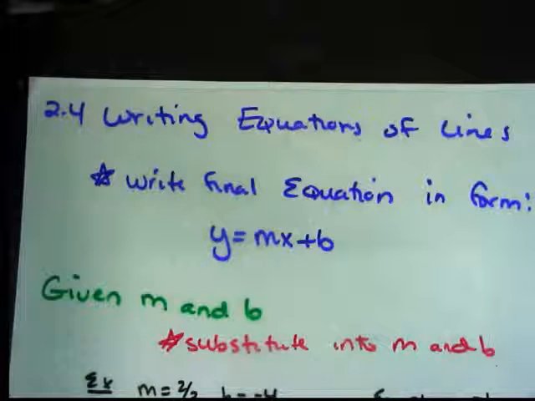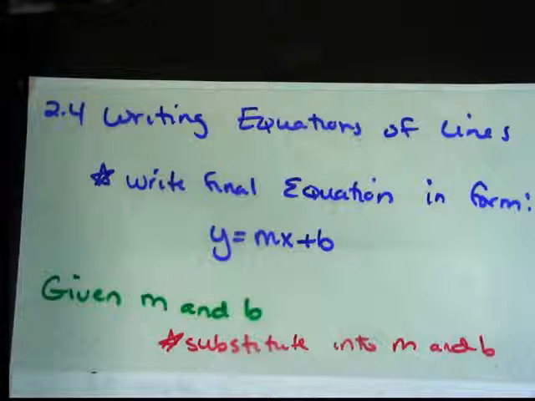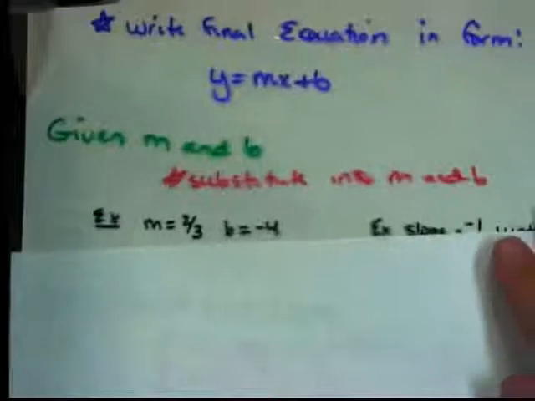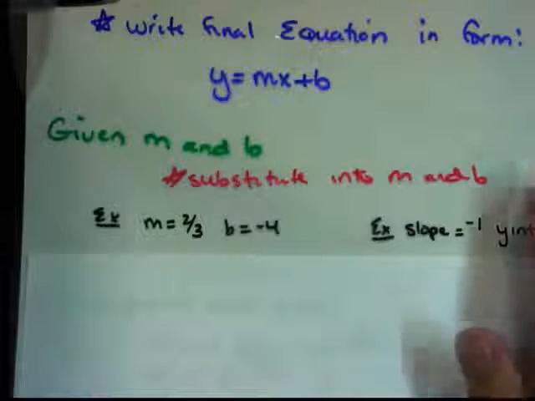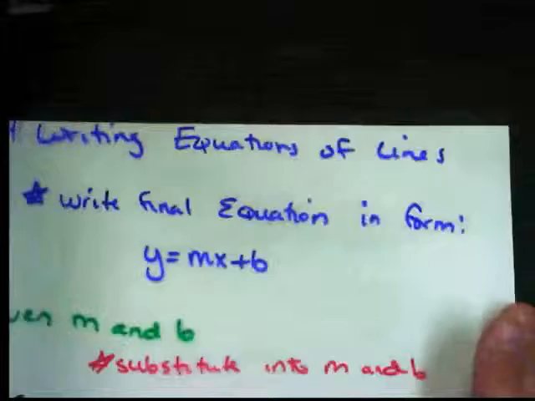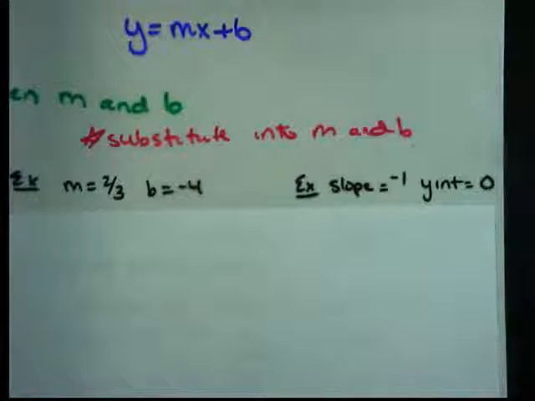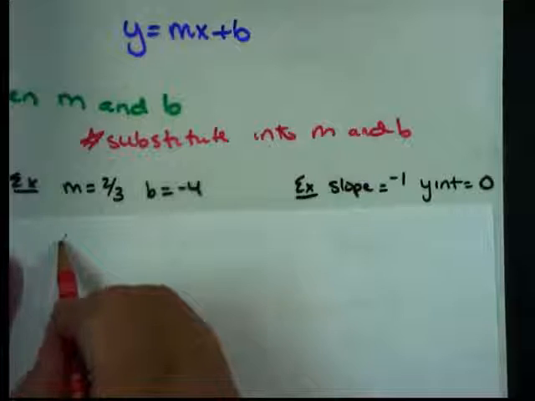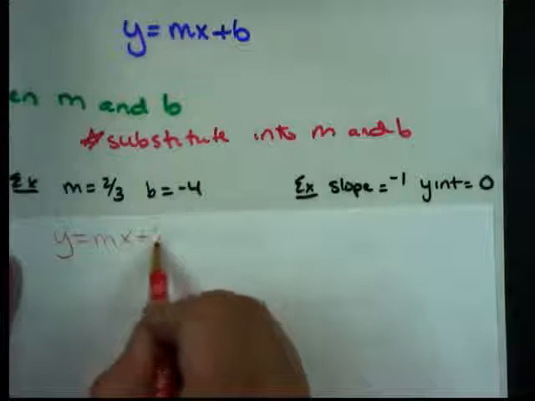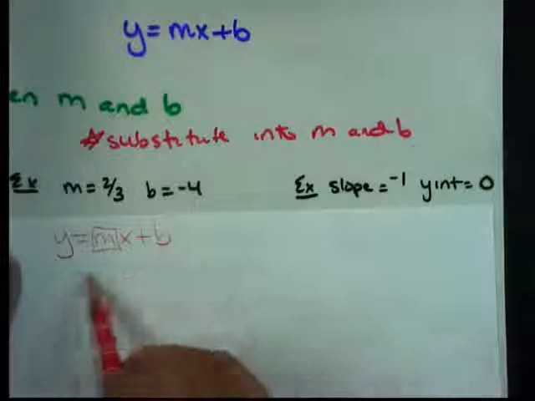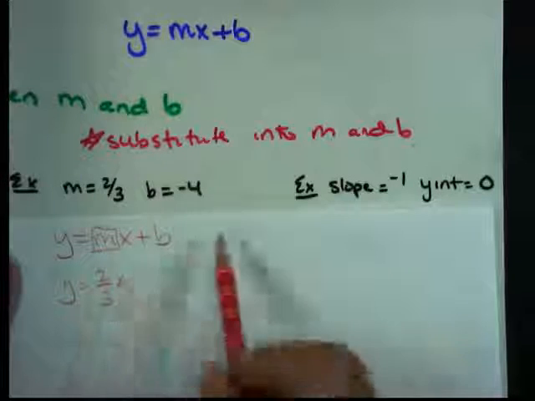Given an m and b. Well, if you're given m and b, and the only thing that's missing in a slope-intercept form is m and b, because y and x are still variables, then all we do is substitute it in. So here's a couple of examples. Slope is 2/3. Y-intercept, b is -4. So y equals mx plus b is my goal. If I know what m is, plug it in. And if I know what b is,